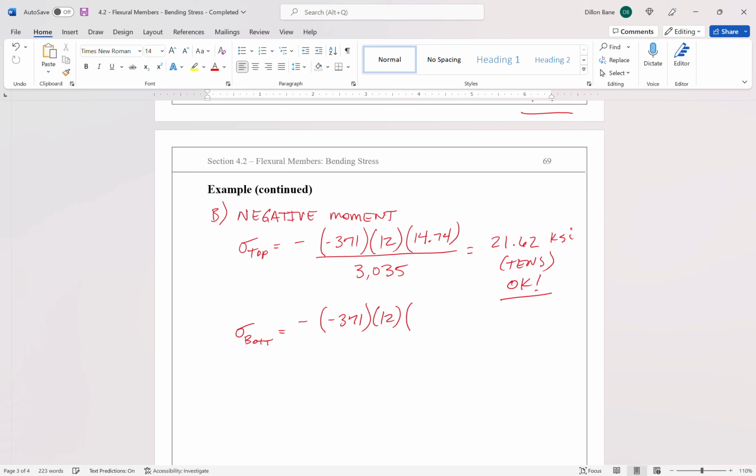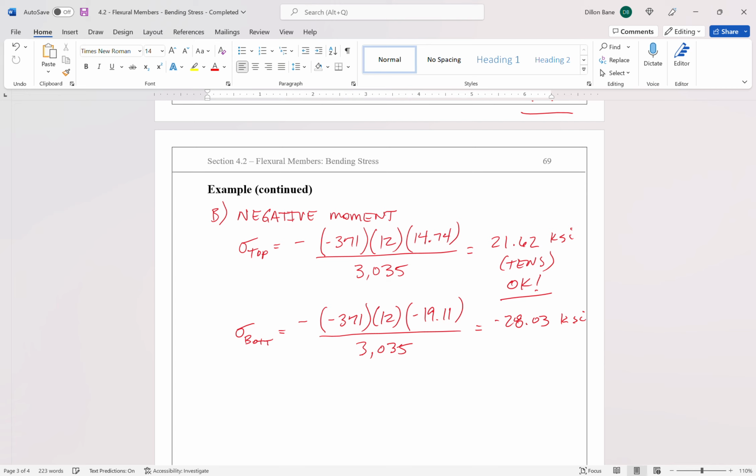But this time our C value, our C variable, is the distance from the neutral axis to the bottom of the beam, which was that 19.11 inches. But it is negative this time because we're below the neutral axis. So negative 19.11, again, divide by that same moment of inertia, 3035. Plug and chug on these variables, what we get is a negative 28.03